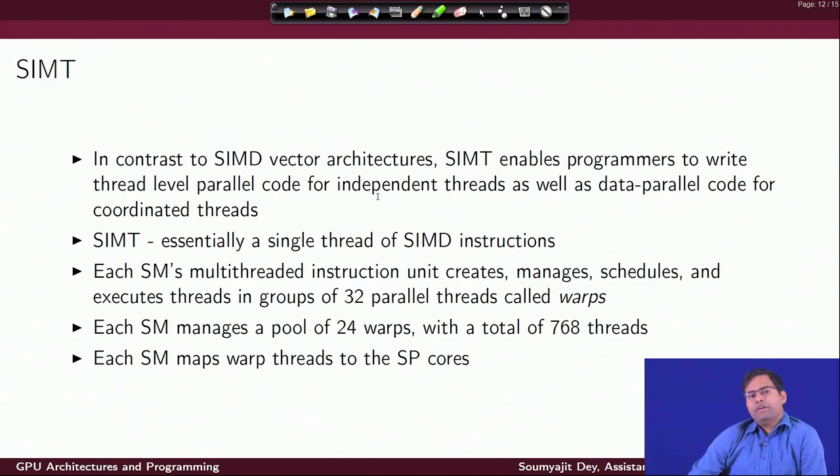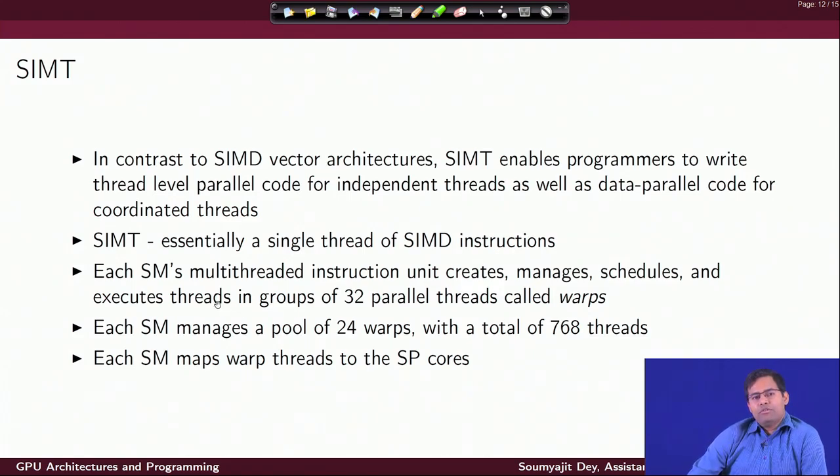If different threads are supposed to do different jobs, then there will be some more complex code to write, which we will see how that works, but ideally you are going to write a per thread behavior, and that is going to be replicated across the different parts of the data segment. So, in that way I can say that it is essentially a single thread of SIMD instructions. That is the alternate view I was speaking of, that I have essentially a single thread of execution, but all the instructions are executing as SIMDs.